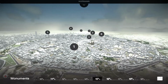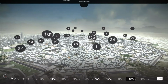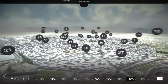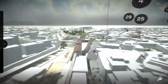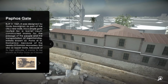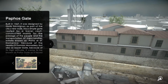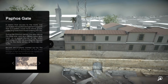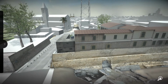As you may have noticed here at the bottom, we have the timeline where the user can actually drag the pointer to understand when each one of the monuments was introduced in the city. And then, of course, they can choose by clicking on the flying dot, and they can visit the monument from close up, where they are presented with additional historical information about the monument. You can notice also the difference in size of the letter fonts is for those who don't want to spend too much time and those who want to go a little bit deeper, and of course explore photographic and other